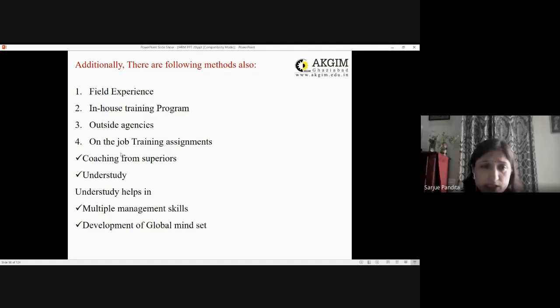Then on-the-job training assignments will include coaching from superiors and understudy. I'm not going to discuss coaching, we have already discussed it in HR. Understudy helps in developing multiple management skills and a global mindset. When you are posted under someone, you tend to have a look into multiple management skills, that is, how you need to